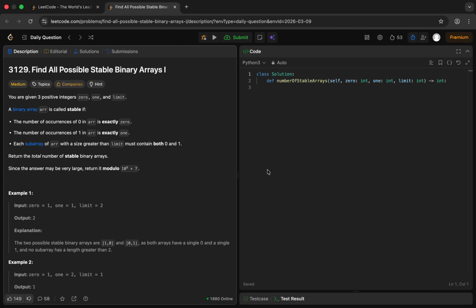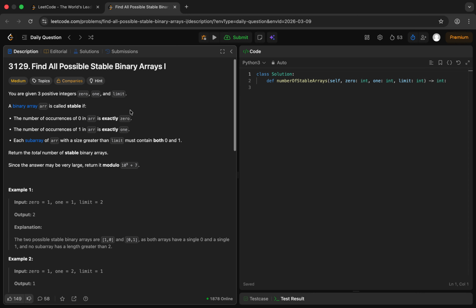Okay, so today's question is find all possible stable binary arrays. You are given positive integers zero, one and the limit. A binary array ARR is called stable if the number of occurrences of 0 in ARR is exactly equal to the given variable zero, then the number of occurrences of 1 in ARR is exactly equal to one, and each subarray of ARR with the size greater than the limit must contain both 0 and 1,